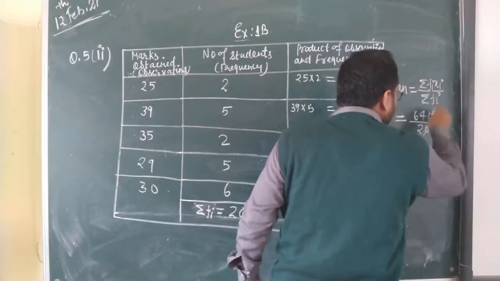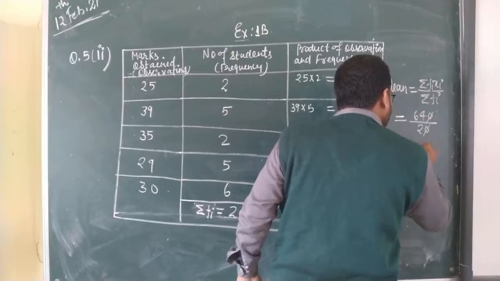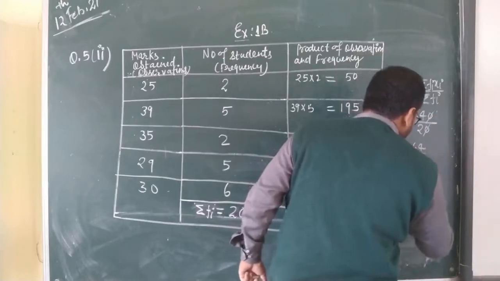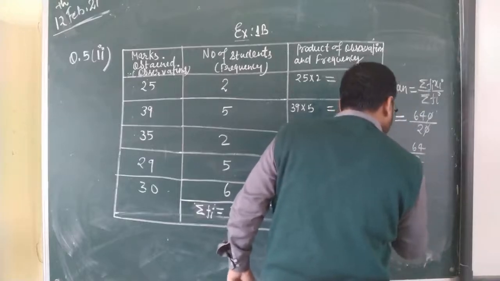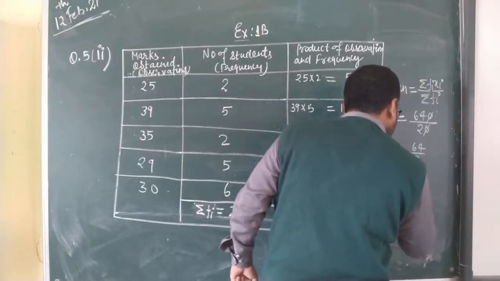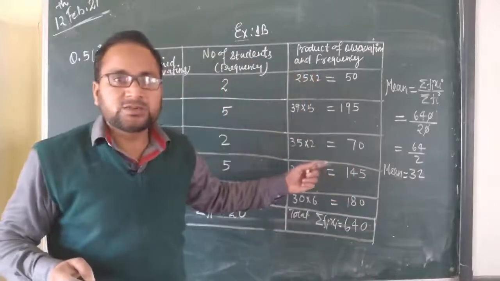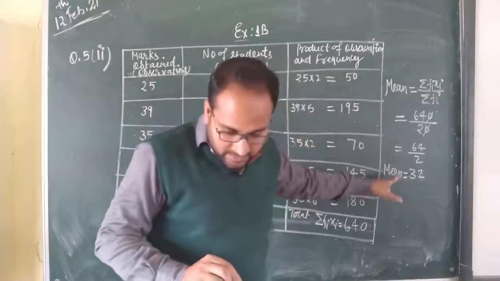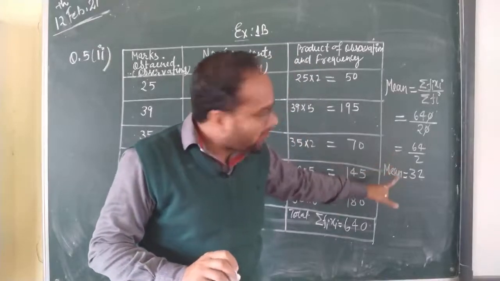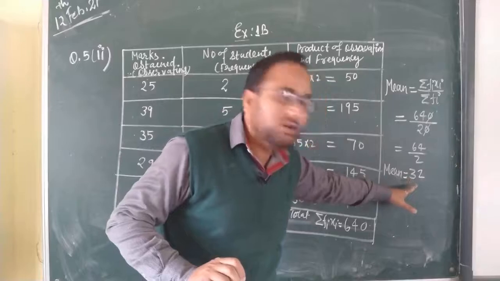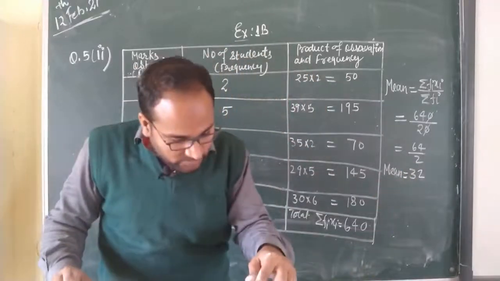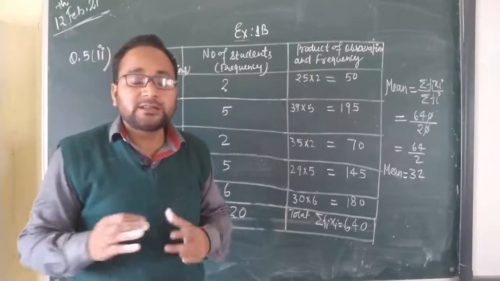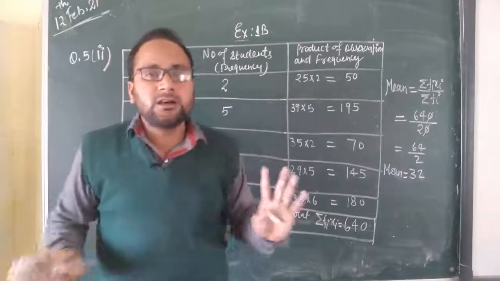If you do this, cancel out the 0, 64 divided by 2, what will you get, students? You will get 32. So mean is equal to 32 for this case, students. For the fifth, second, you will get this 32. The marks obtained, its mean is equal to 32, same as it is. If you try the first, third and fourth, you will get the same answer, students. You will easily get the answer.